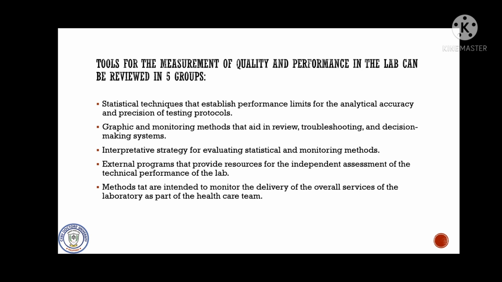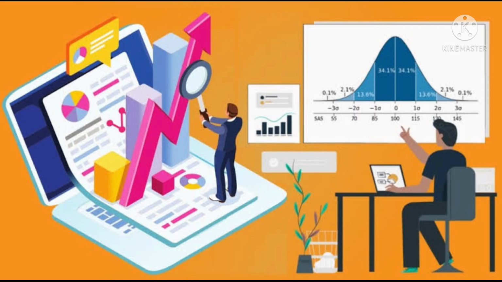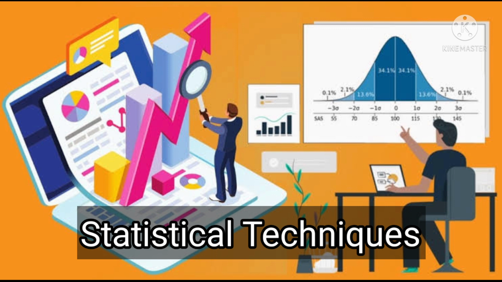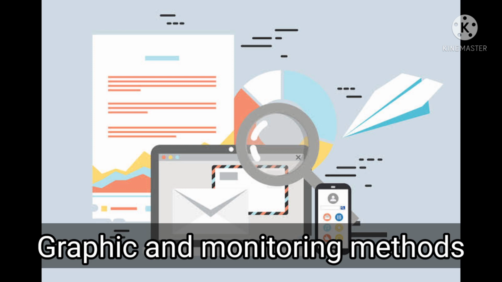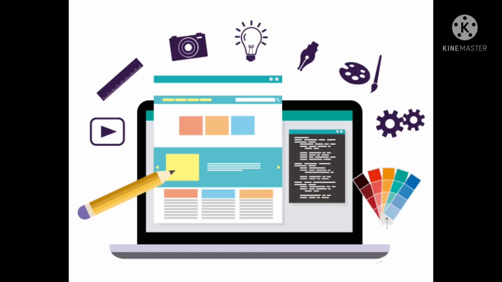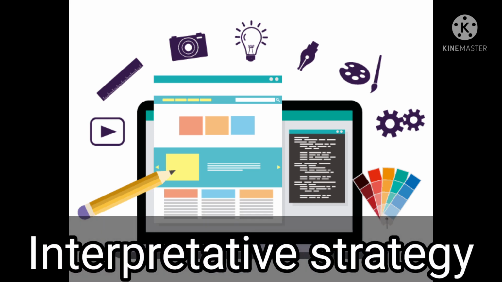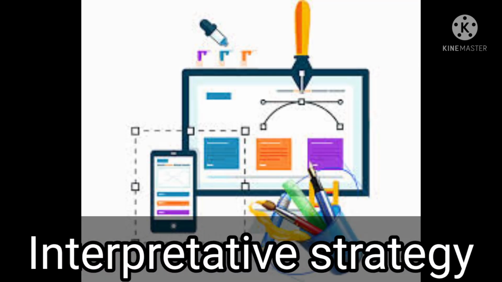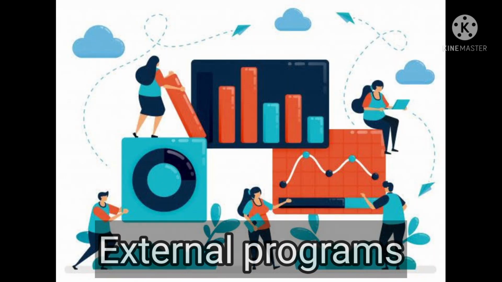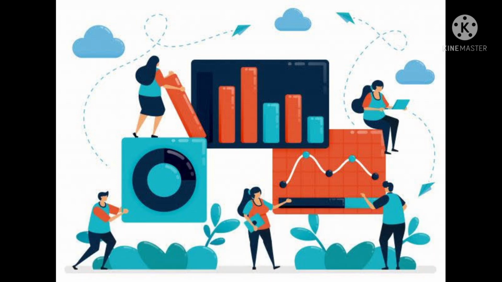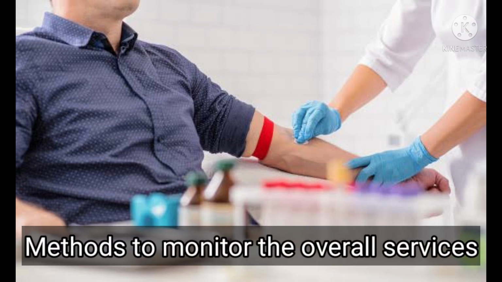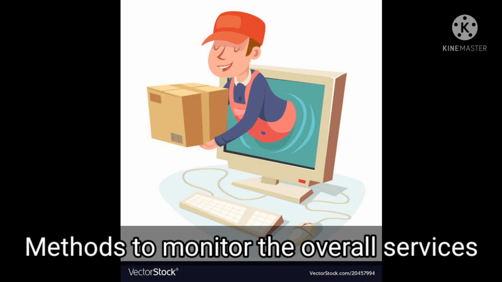The tools for the measurement of quality and performance in the laboratory can be reviewed in 5 groups. 1. Statistical techniques that establish performance limits for the analytical accuracy and precision of testing protocols. 2. Graphic and monitoring methods that aid in review, troubleshooting, and decision-making systems. 3. Interpretative strategy for evaluating statistical and monitoring methods. 4. External programs that provide resources for the independent assessment of the technical performance of the laboratory. And lastly, the methods that are intended to monitor the delivery of the overall services of the laboratory as part